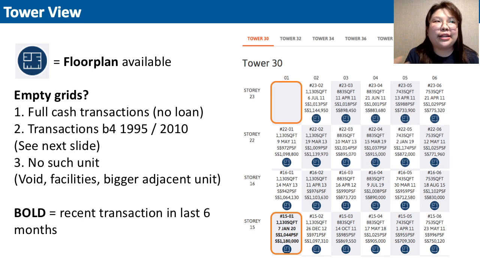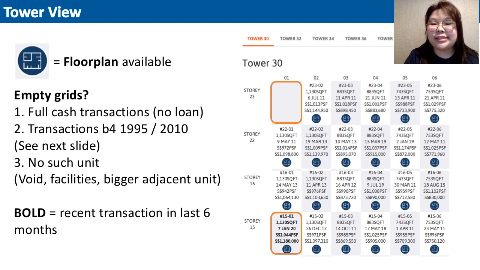So it could be that the unit right beside is very big and it eats into the space of that particular unit. In this case, if you see the screenshot I have here, maybe there's no such unit as 2301, and we have a much bigger unit of 2302, for example. But of course not in this case, because you can see that the 22nd and 23rd floor are the same size. And then for those units that are transacted, those unit grids that are highlighted in bold,